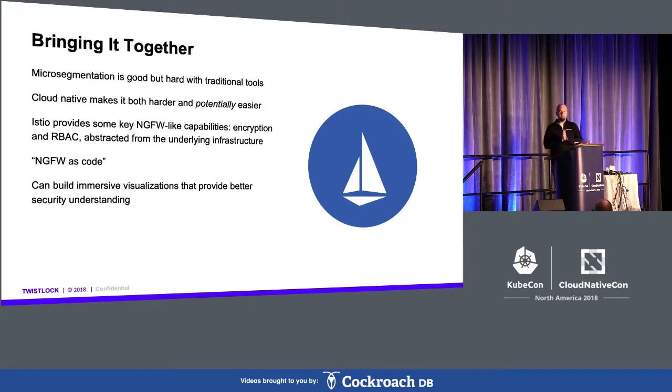Cloud-native applications make it both more difficult, as we were just saying, because things are ephemeral and they're changing, and you don't have some of the primitives that you used to for IP addresses and ports and such. But it also makes it potentially easier. If you leverage these tools like Istio or similar tools that enable you to have a way to declare a next generation firewall policy as code and to version it as code,